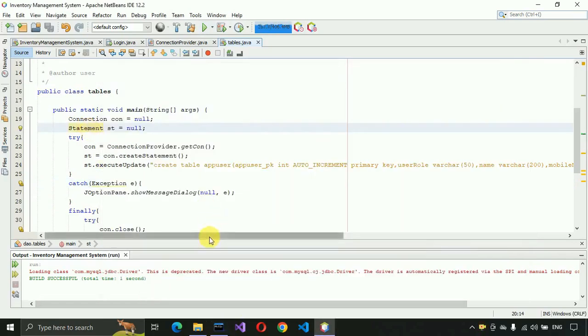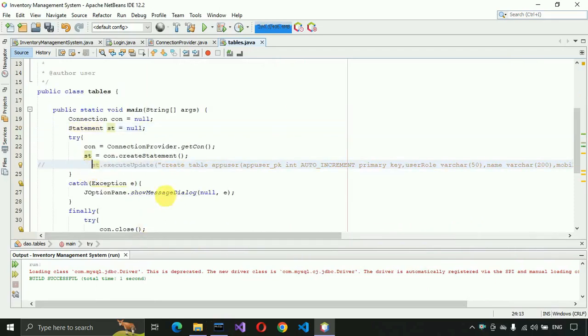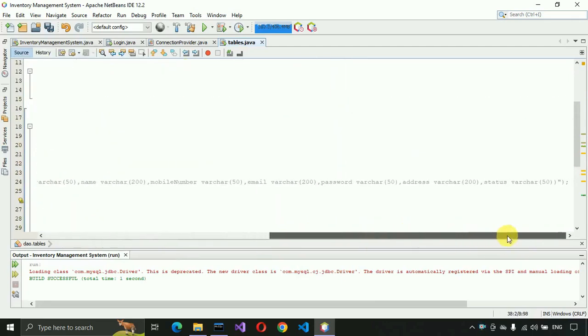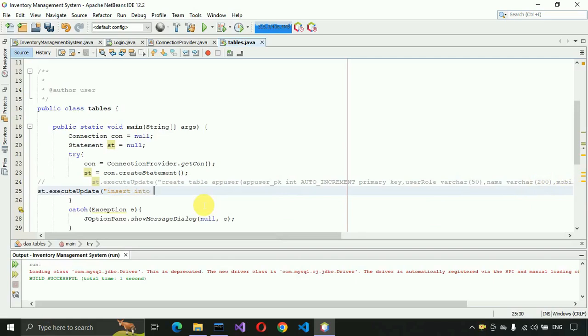And after that I want to add a new super admin user directly in the database. So I'm going to comment this part, and I'm also going to copy this part only, st.executeUpdate, and go to the next line of this code. Just press enter and paste it over here, and inside this one we have to write insert into app user, and then first the user role, and name, mobile number, and email,